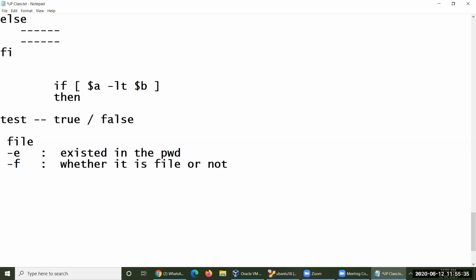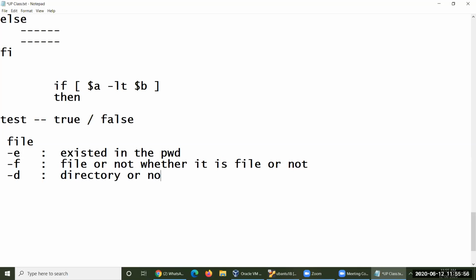Okay. Similarly, -d will be considered. You may identify what -d is. -d in the sense directory. Okay. So let me say it is a file or not. It could be checking for file or not. Okay. So whether it is a directory or not.